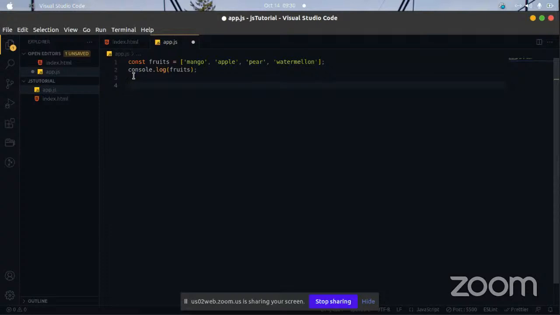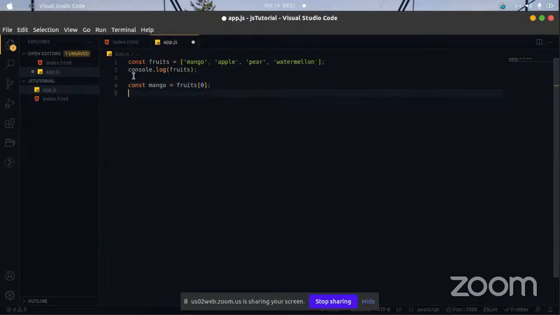Now, normally, all we will do is this. We could say const, and we'll now say mango is equal to, we'll look for fruits index 0, that will get us mango.